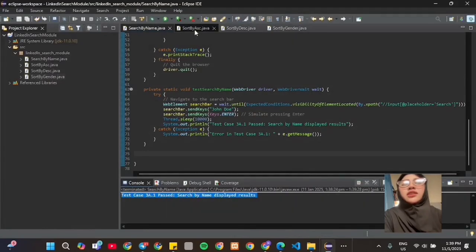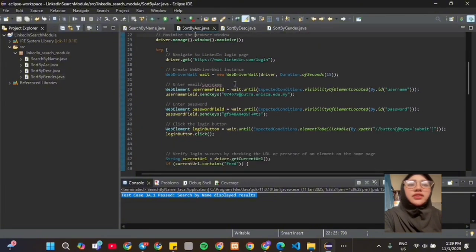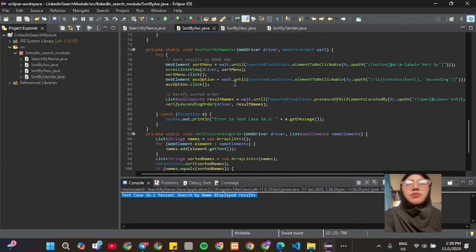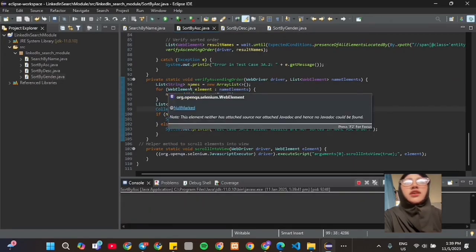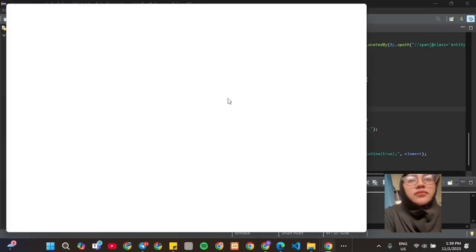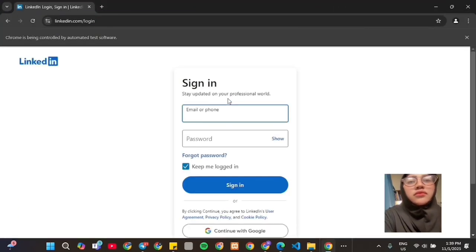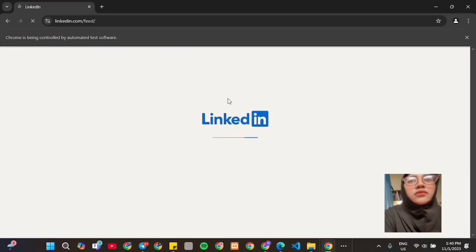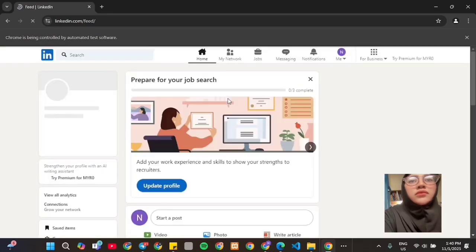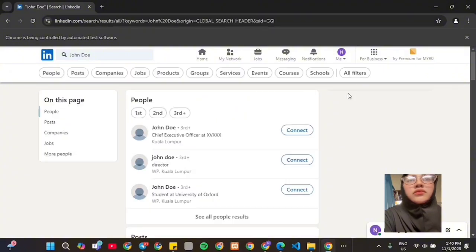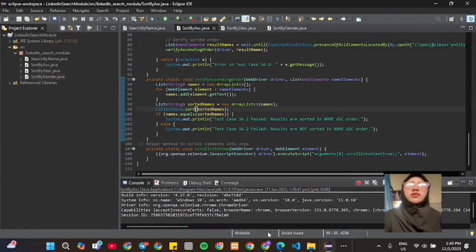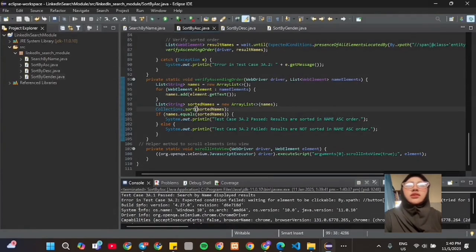So for the next, search data based on name, system must be able to display all data and order by name ascending. So this is the coding, and we will try run. So for this case, test case